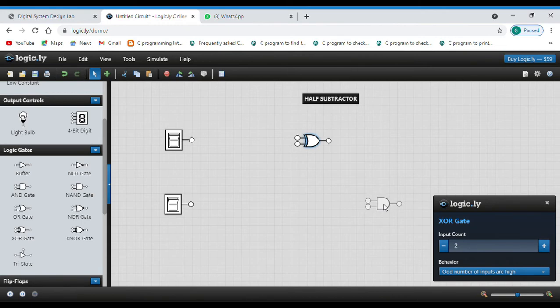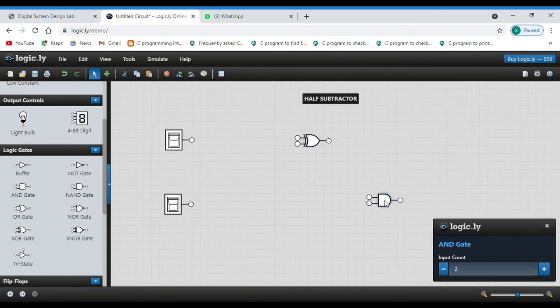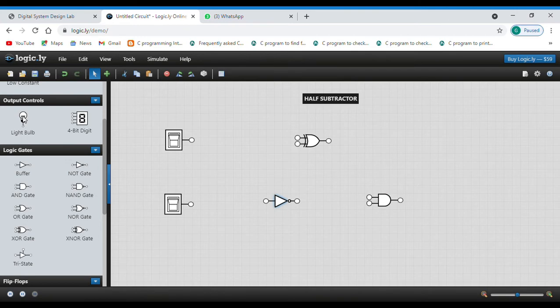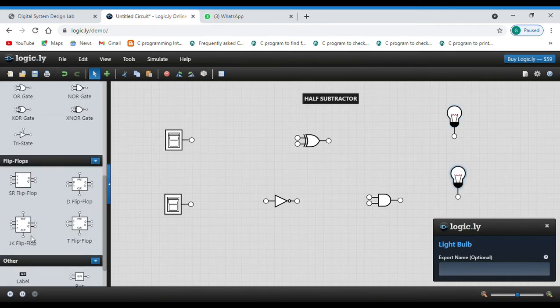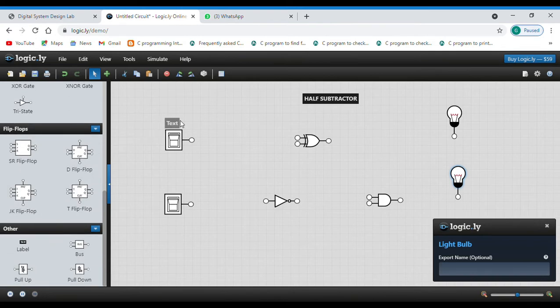Then we'll take an XOR gate. Then we'll take an AND gate. Then we'll take a NOT gate. Then we'll take two bulbs.